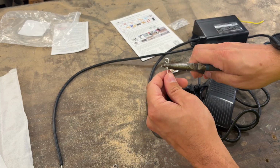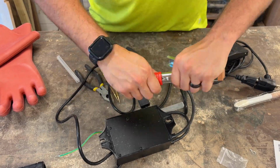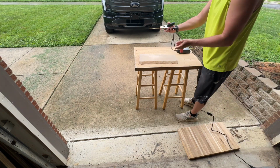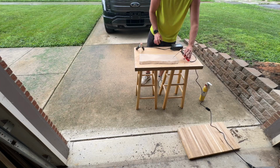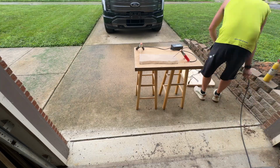As far as setup goes, all I had to do was attach these two terminals to two wires, and then attach the terminals to these clamps here with a bolt. And then it's pretty much plug it in and you're ready to go. Even though this is a neon sign transformer, it is still coming in at 10,000 volts, so it is extremely dangerous. So I made sure to do my research, so I'm setting it up outside, got a fire extinguisher ready,